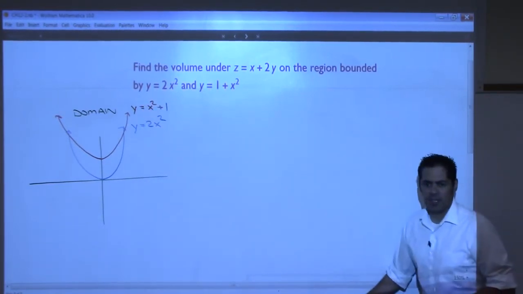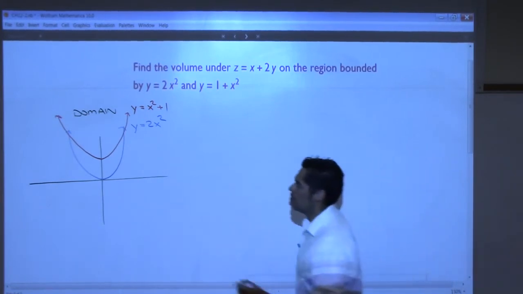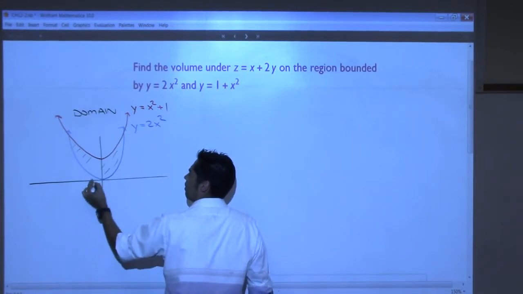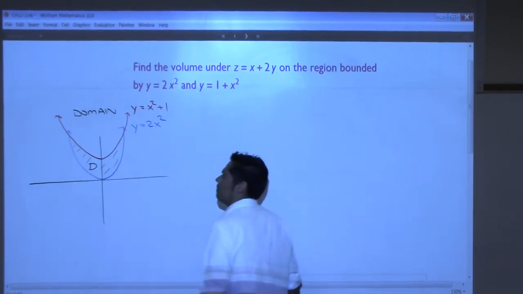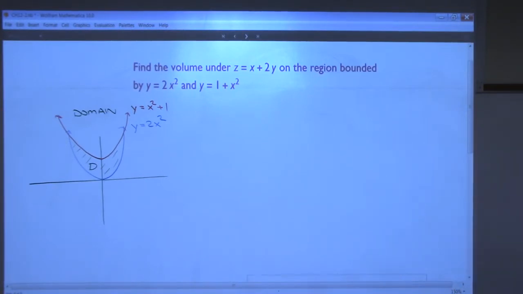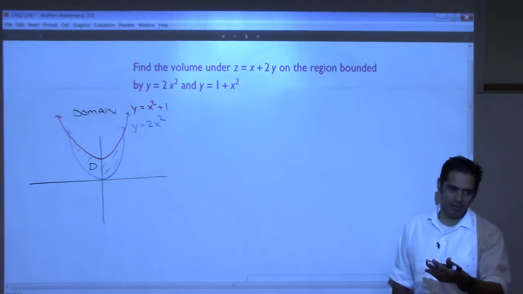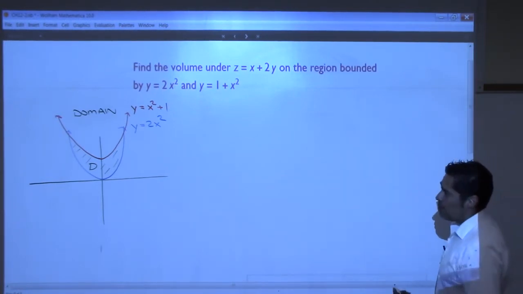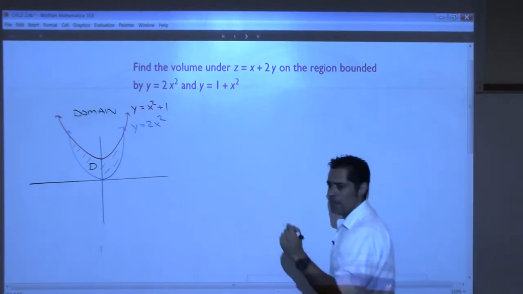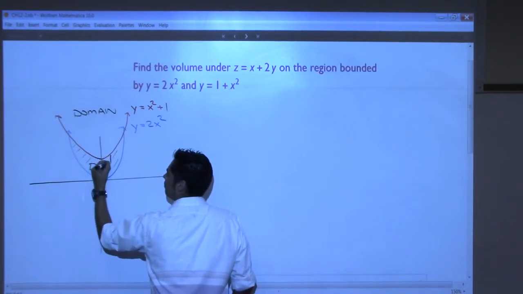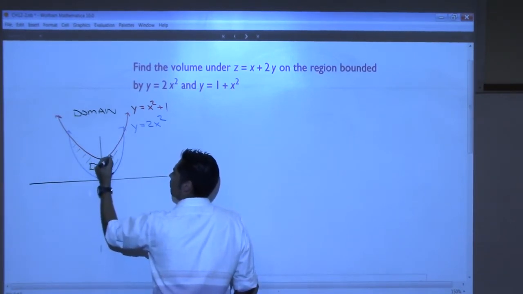Everybody comfortable with seeing the region that's bounded by both of those? So all of this stuff in here, that's D. So the question now to you is, is this a type 1 region? It's not a rectangle, right? So we can't do what we did last class. So if you think it's a type 1 region, then you need to be able to draw a line or a little arrow in here, like this,